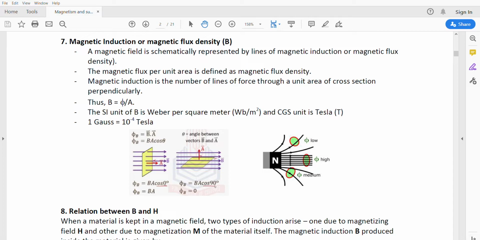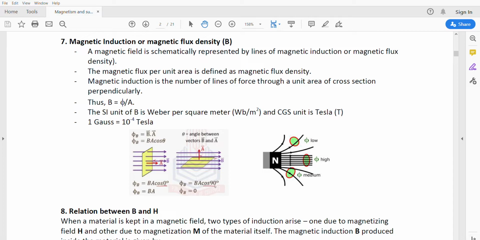And the next one is the magnetic induction. Magnetic induction represents how many lines of force are passing through the unit area, means Weber per meter square is the unit. It represents the magnetic flux density, B. So these three terms, B, H and M, are very important in this magnetism lesson. From these three, we have to understand the relations also. We need to understand the relation between B and H. We already understand the relation between M and H.